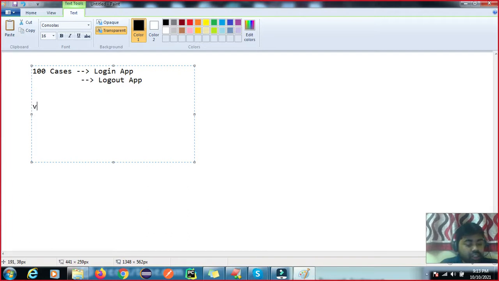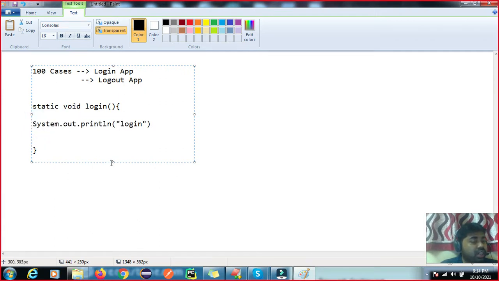I will create one method called static void login. So this is our login. Here I have written some logic, but I am just printing the value with out.println, for the login function or application login. In Selenium, you would have to write multiple lines of code; this is just for understanding purposes.